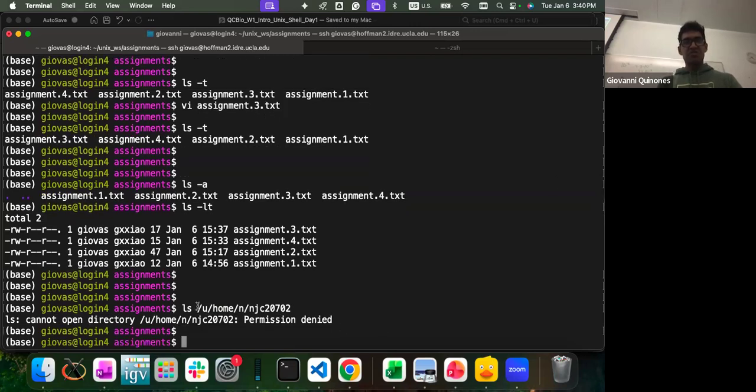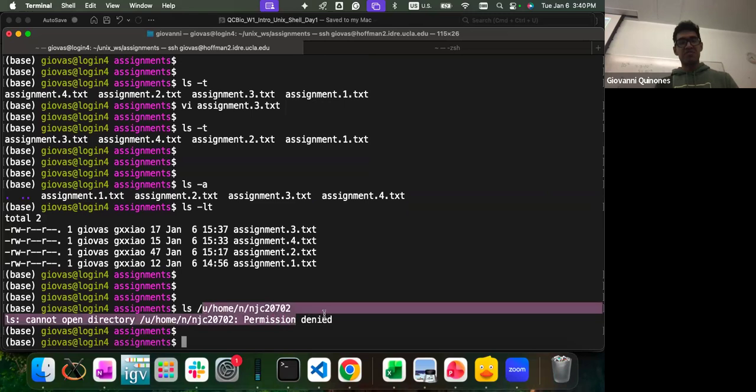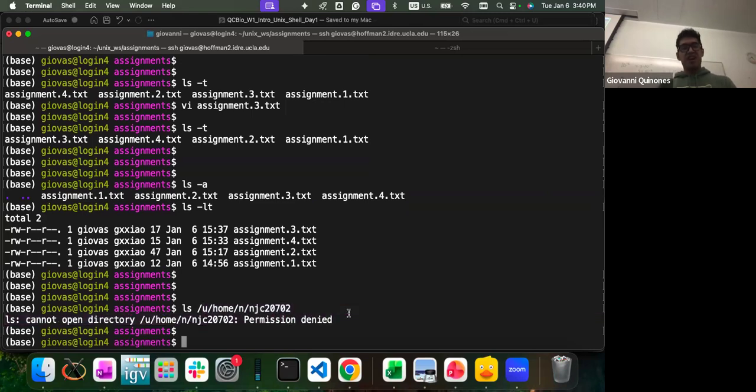So when I try to go to your directory, it tells me permission denied. Because the way Hoffman works is that only for these personal directories, you are the only one who can access your own files. I can see them, I can edit them, I can do anything. Now, if you're part of a group, the way it usually works is that you can see files for other members of your group, but you cannot edit them.